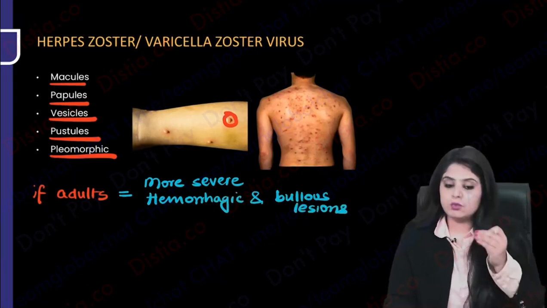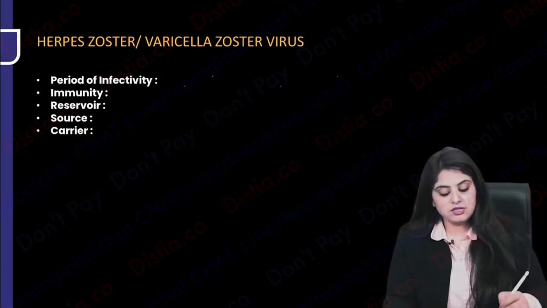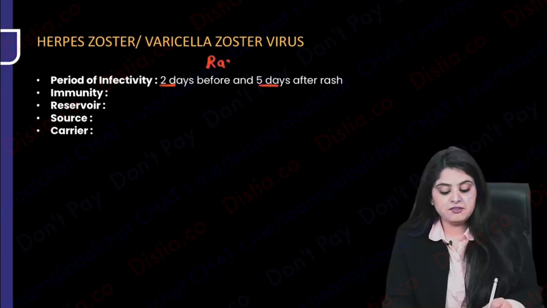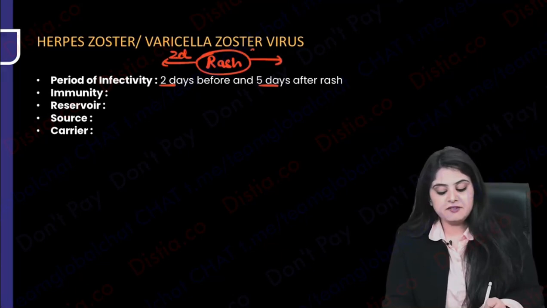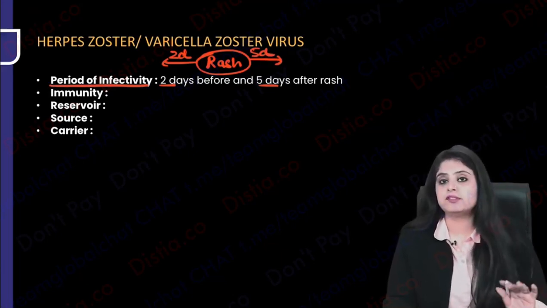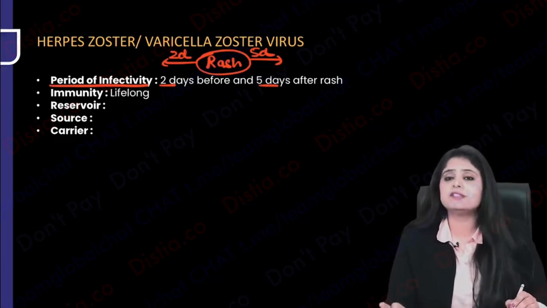Now let's talk about someone who has chickenpox. What is his infectivity? For when will he carry infectivity? So the infectivity is few days before to few days after the rash. So remember, if this is the period of the rash in the patient, 2 days before the rash and 5 days after the rash, he is maximally infective and he's going to spread it around. But we know that once someone has chickenpox, that immunity is said to be lifelong. Although now they say that immunity does go down and you need booster doses, but textbooks still mention that the immunity is for a lifetime.